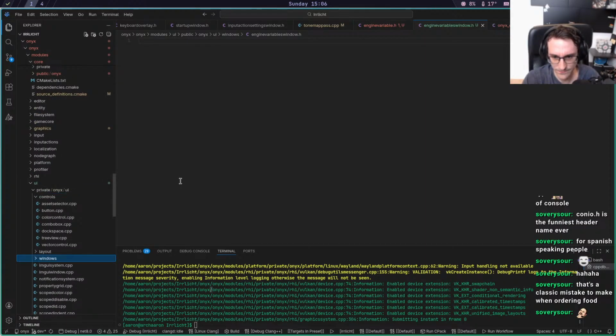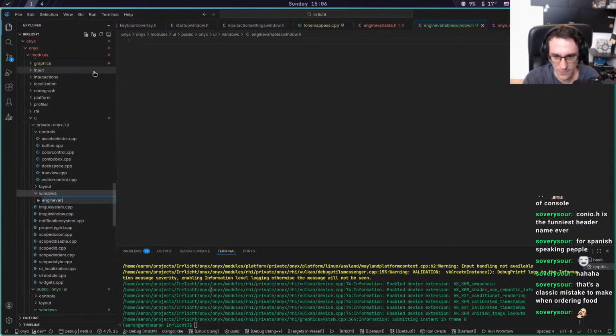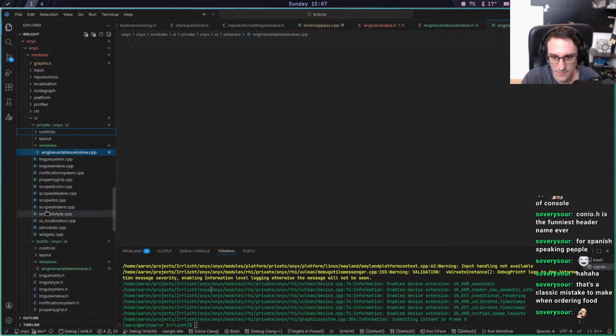Windows, engine variables, window dot engine variables, window.cpp, and then maybe